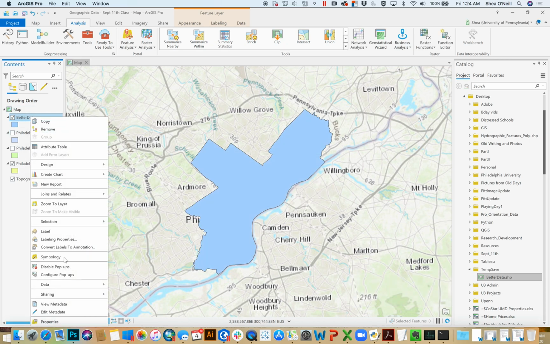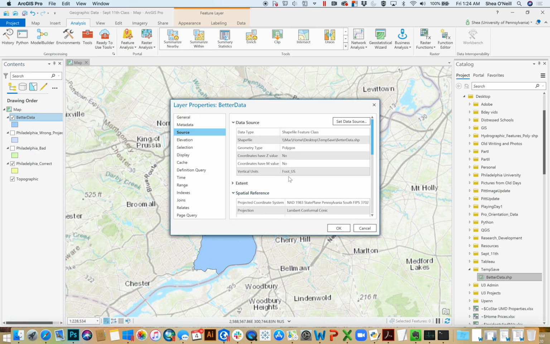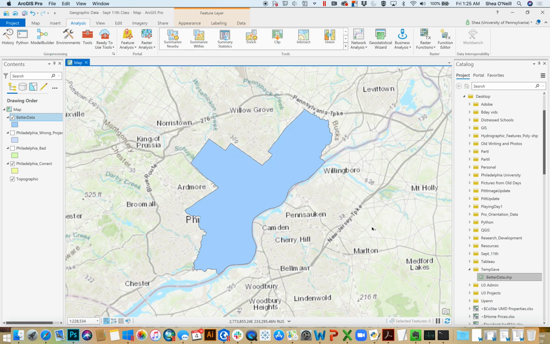And the difference is that when I go to its properties, it's in the same foot and projected coordinate system as the other data. So that's project. Project is I'm showing up fine, I know where I am in the world, but maybe I just need to have the same rules that govern the way I should look so that when you measure me and when you map me, my output units will be the same as the other data that you are looking